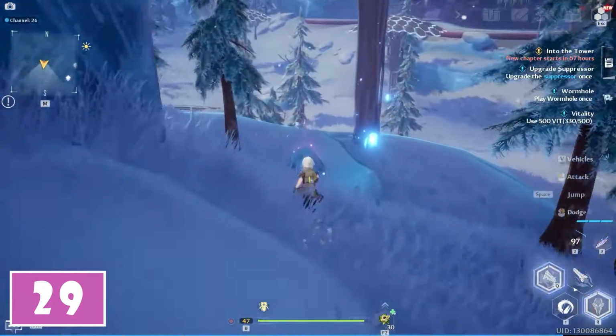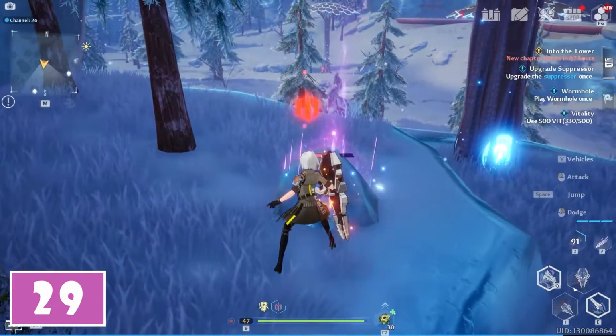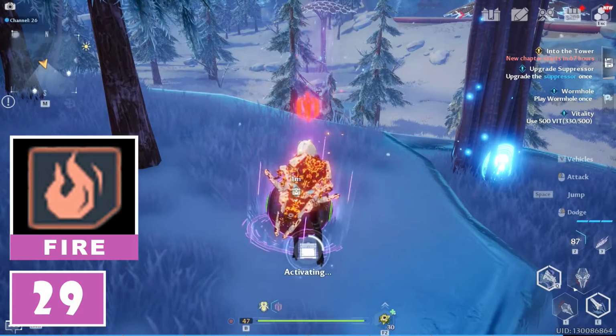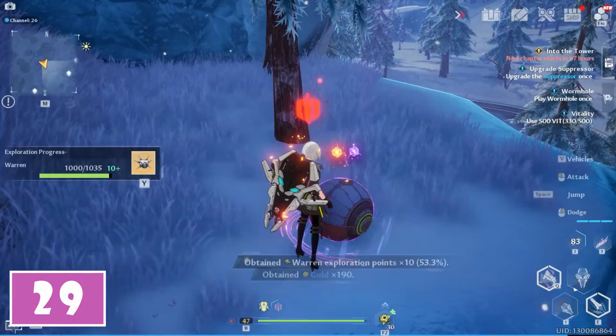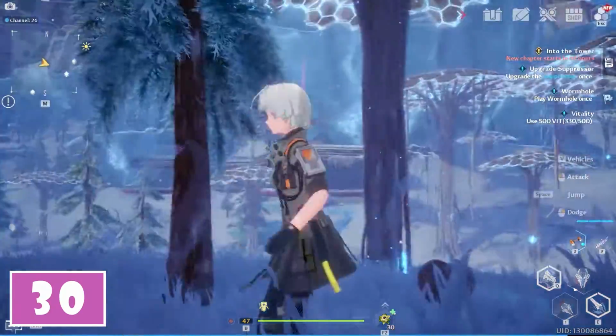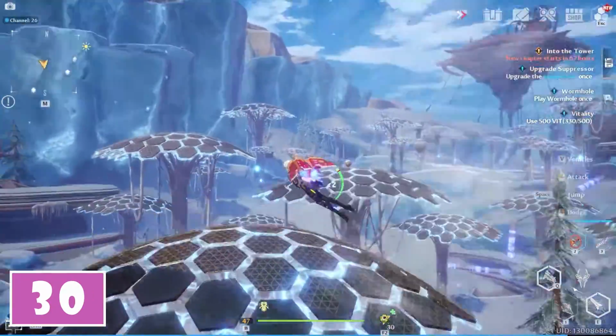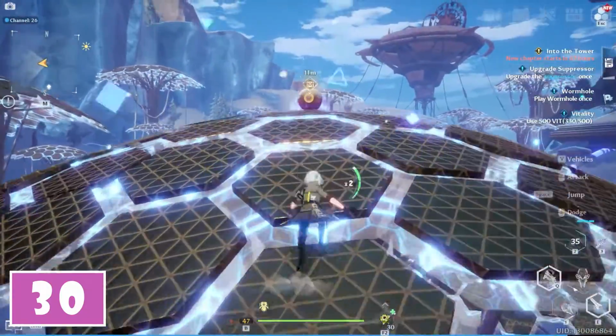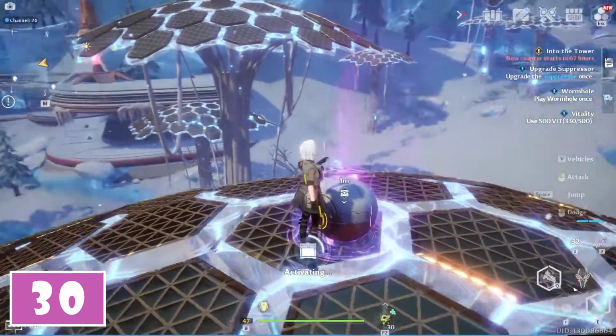This will allow you to find a pod covered with some ice at the beginning of a small overhanging. You have to attack it 3 times with a fire weapon in order to be able to loot the supply pod you came for. For the next location, use the jetpack in order to get on top of the electrical tree. From up here, reach the next electrical tree in order to be able to loot the 13th supply pod